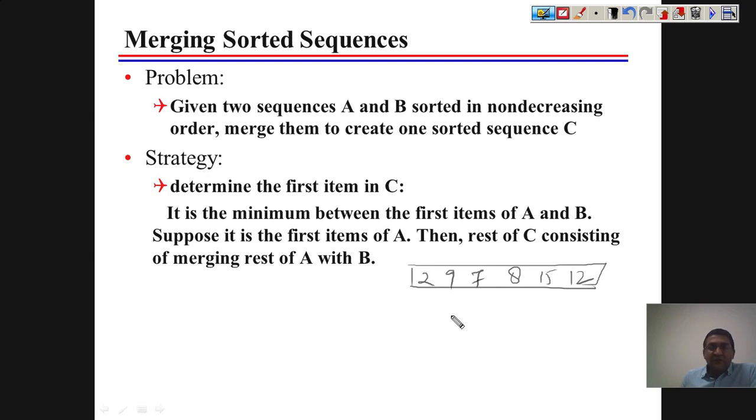When you do division, you are able to divide it into two halves, so we will get 2, 9, 7 and 8, 5, 12, and then you keep on dividing until you reach the position when it becomes of size 1, and then you apply the bottom up approach. You keep on merging from down to top.